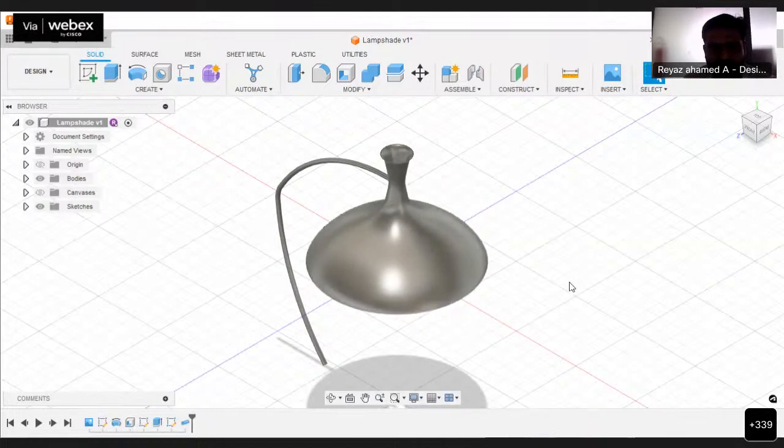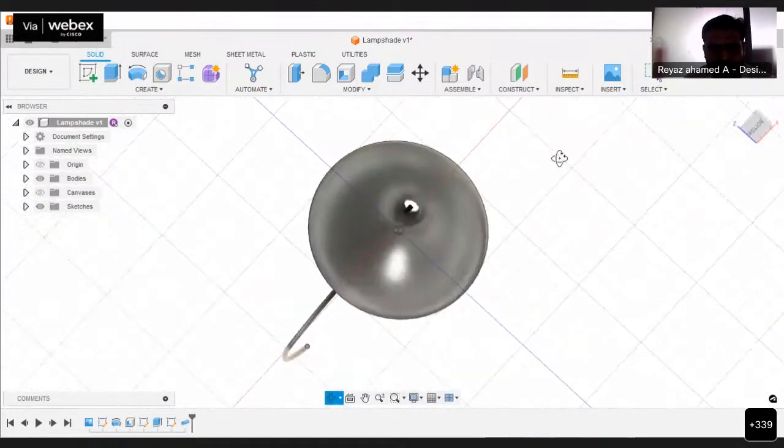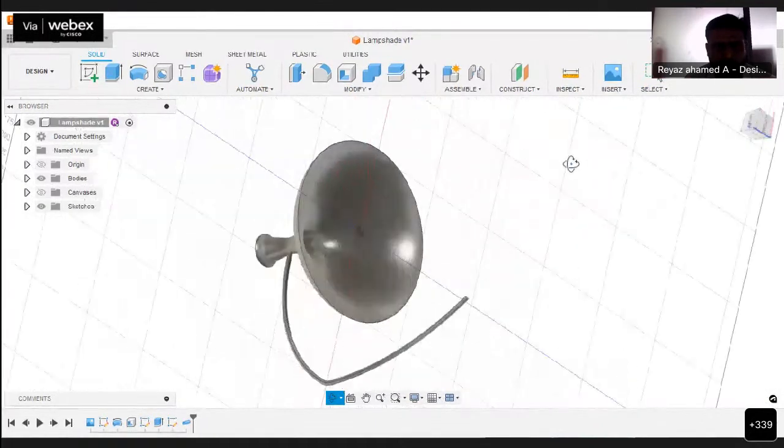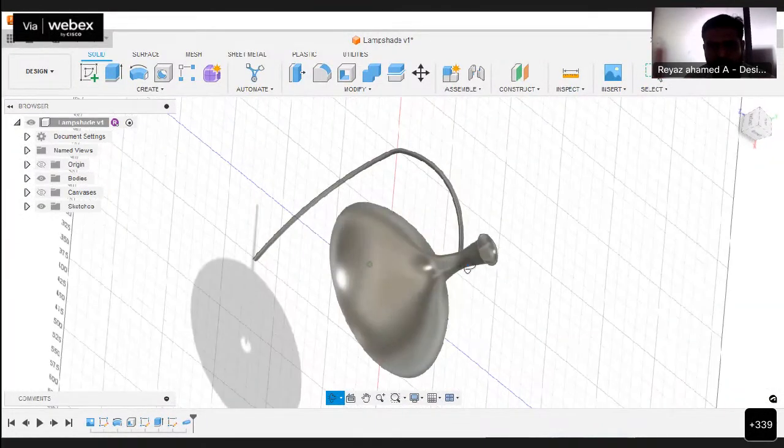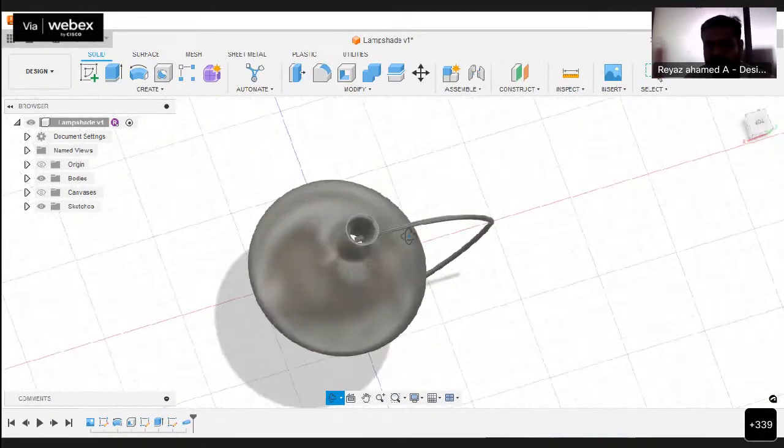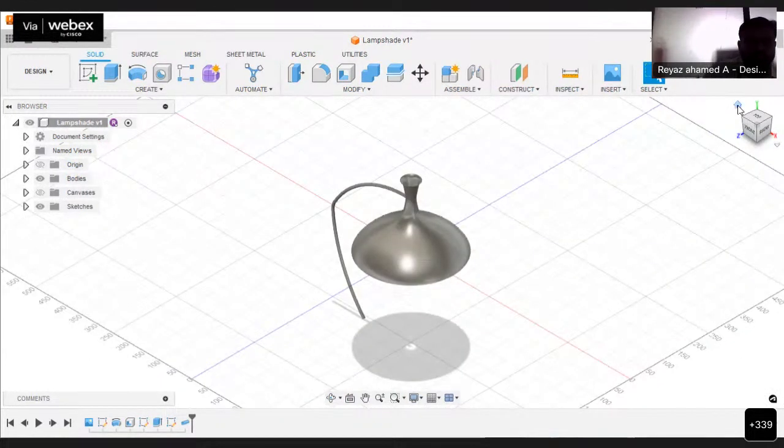Let me rotate the object. See, in this way we may create it. Fine. See, we have created two bodies.